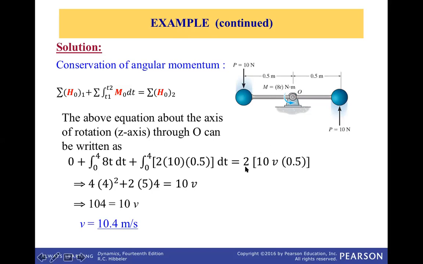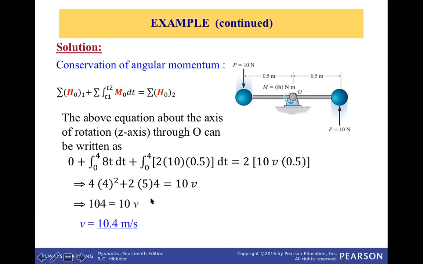For the final angular momentum, you have two objects, so you multiply by 2, that are an equal distance away from the point O here. So 2 times m times v, and then times r. So h is equal to rmv. This is the magnitude. Again, we're just looking at the magnitude here.